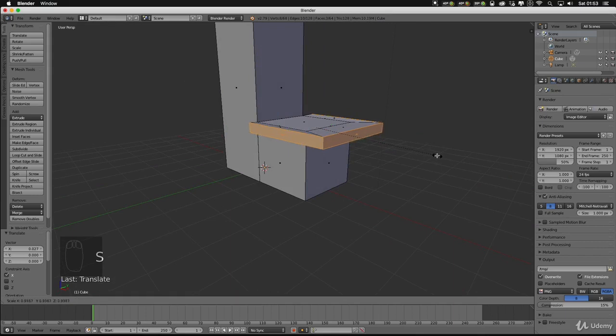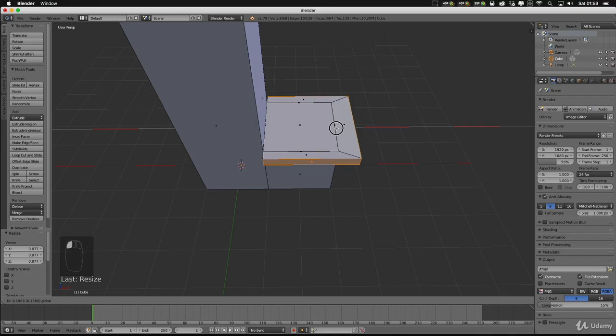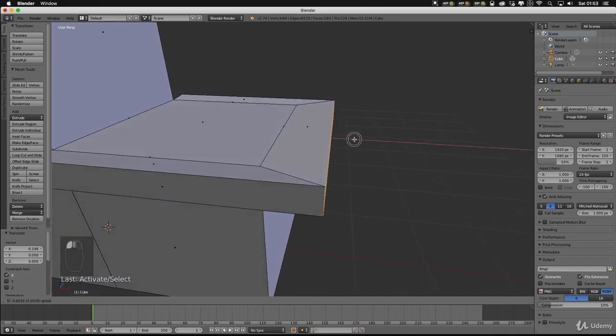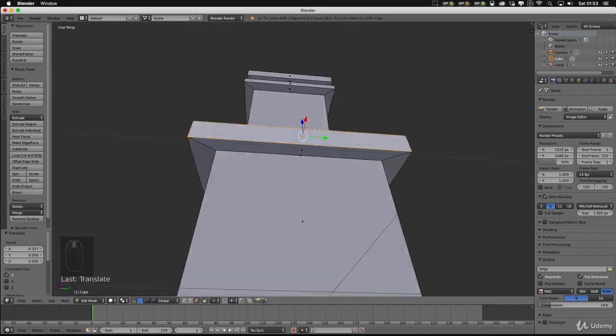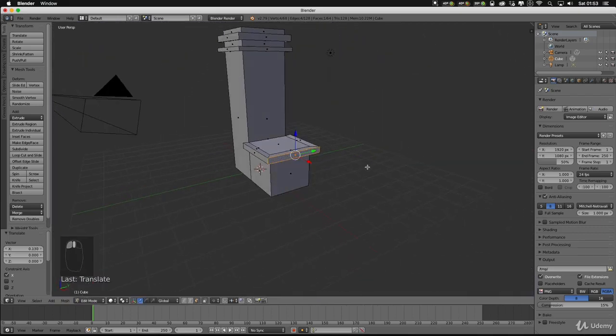And I'm just going to scale that in a bit actually. And I don't want this one to be quite as far out, so I'm just going to push that back in. Okay, so when you're happy with your roof,